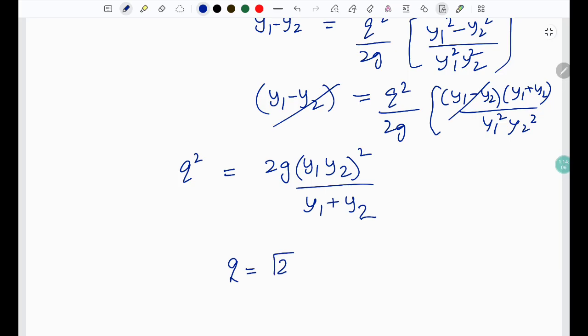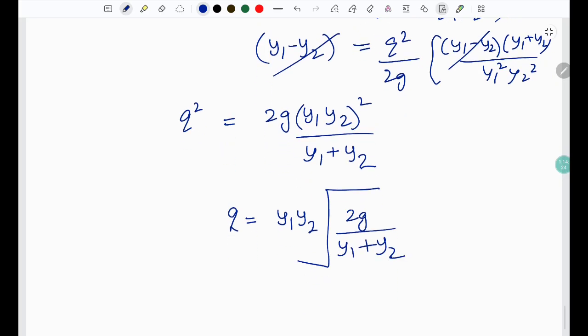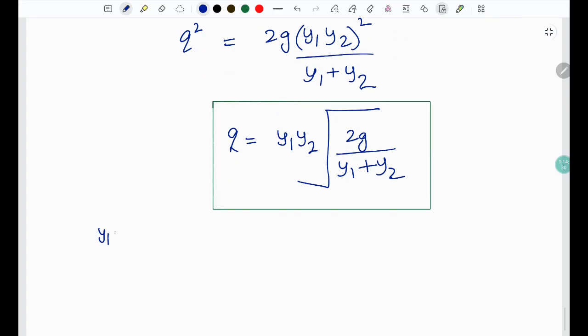This becomes Q equals Y1 Y2 root under 2G over Y1 plus Y2, where Y1 is the upstream depth of water and Y2 is the downstream depth. In our given question, Y1 is 1.2 meters and Y2 is 0.3 meters. And on solving,